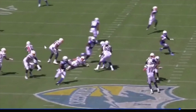You see, this defensive end should have stayed with the running back. Once he noticed he was let go, and you've got 3 blockers out here in front of a running back, he should have stayed with that running back. He should have stepped back, especially once he saw Ben with pressure on Rivers. He should have stayed back. That would have made Rivers look for a different receiver who's wide open, as you can tell. This would have been a huge play,